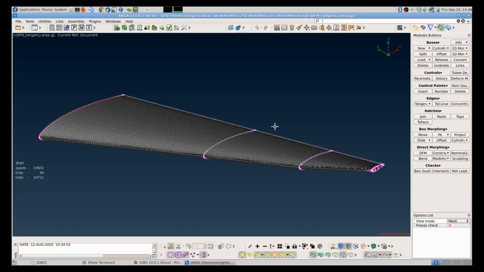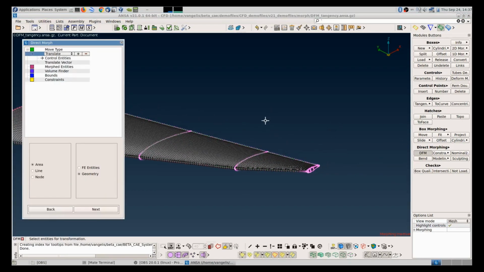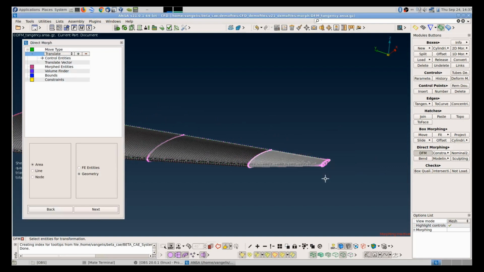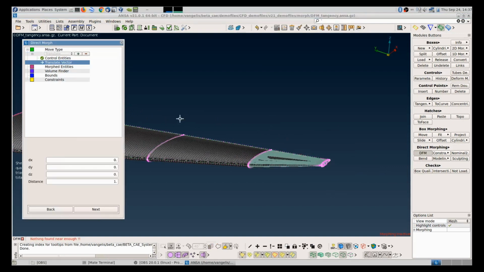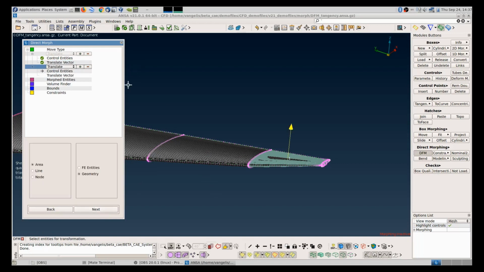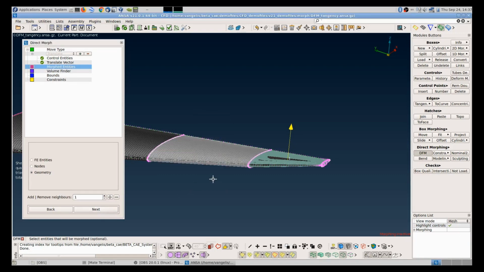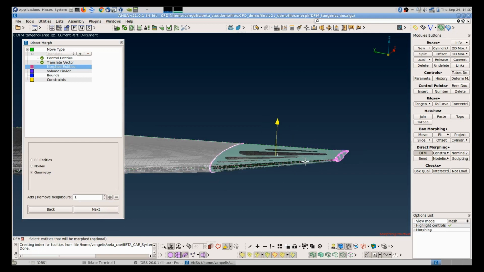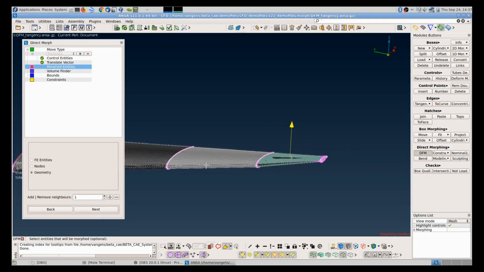For our next demonstration, we will switch to the Morph menu, where we will show you the improvements in the function DFM. I will activate the function DFM. I will select geometry, I will select these macros, middle mouse, and I will specify a translation in the Z direction of 350 millimeters. Next, I can select another movement if I want to, or I can skip that. And now I will select the faces that will get deformed. So the wingtip will move as a rigid body, while this part of the wing will deform.